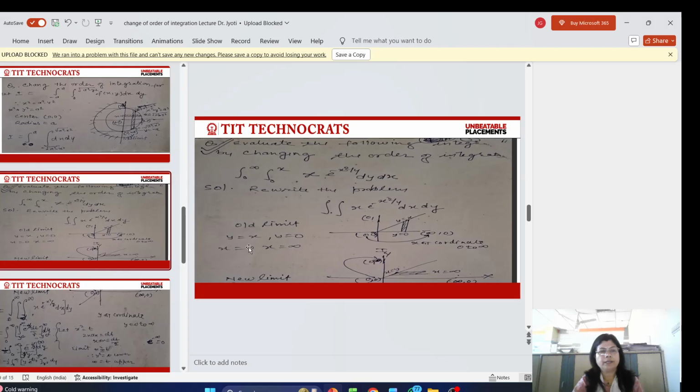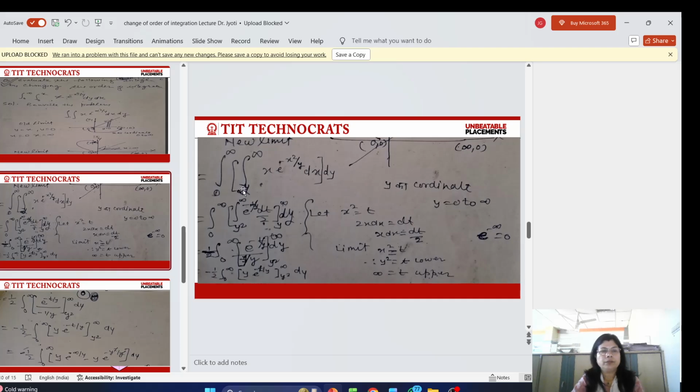The old limits are y is equal to x, y is equal to 0, x is equal to 0, x is equal to infinity. We draw the diagram. Here the strip is parallel to the y axis, so y goes from 0 to y is equal to x. The coordinates are 0 0, here infinity 0, and here 0 to infinity, and y is equal to x. The new limits are